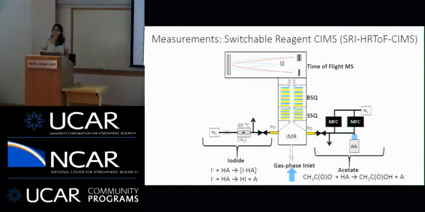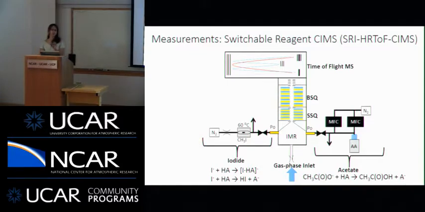So there are a couple of important points here. The first important point is that we have two different reagent ion setups, and we can actually switch them very rapidly. We typically operate by switching for about 5 minutes on I- and 5 minutes on acetate, but we can really run this as fast as we want, although probably no faster than 10 to 30 seconds at our current setup due to pressure fluctuations. But we prefer having a little bit of averaging time. So we're looking at a few minutes in each of these different reagent ions.